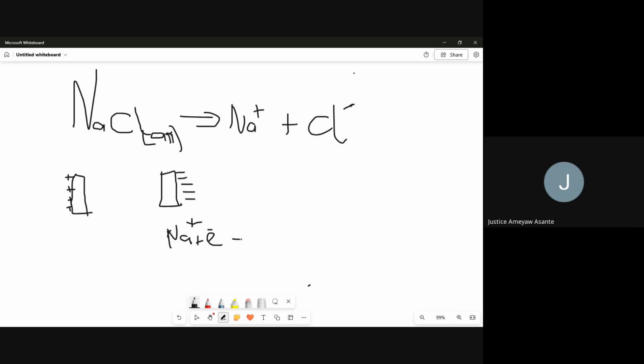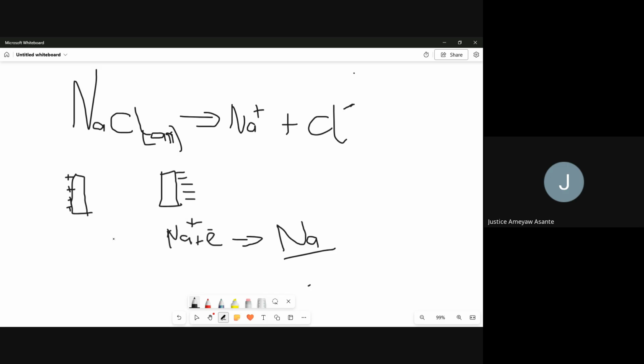So what is going to happen? It is now going to get complete, and it will be reduced to sodium. So reduction is taking place at the cathode. Sodium, which is positively charged, comes to the cathode. The cathode that has excess electrons will give its electrons to sodium, and sodium will be reduced to sodium metal or sodium